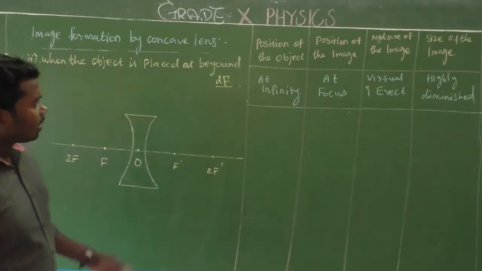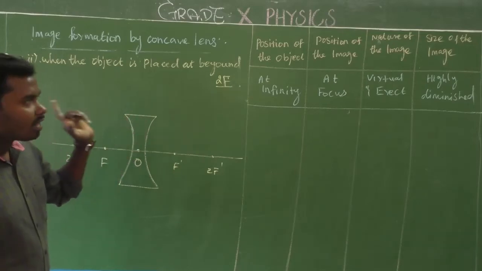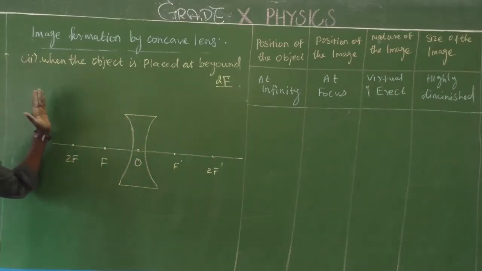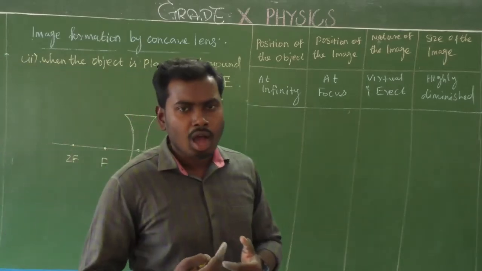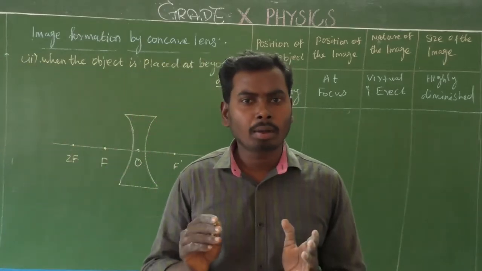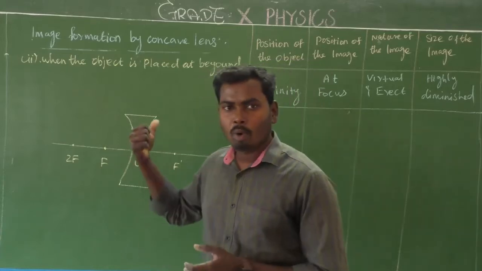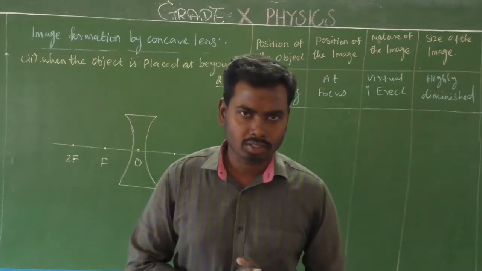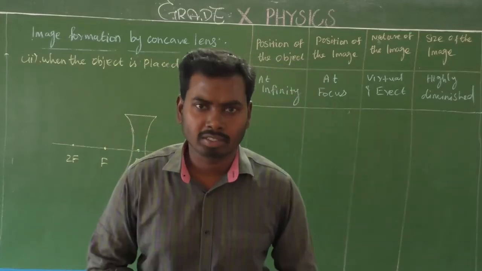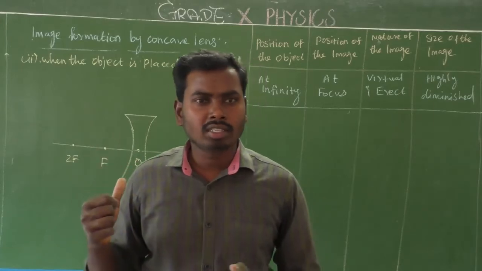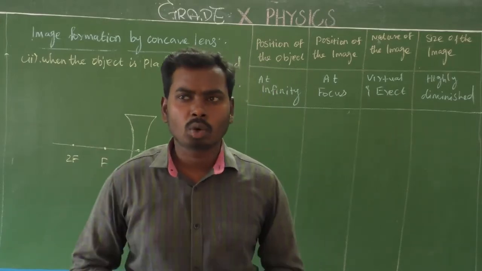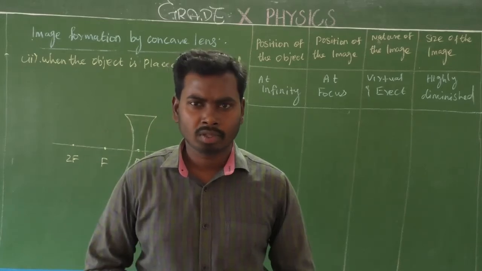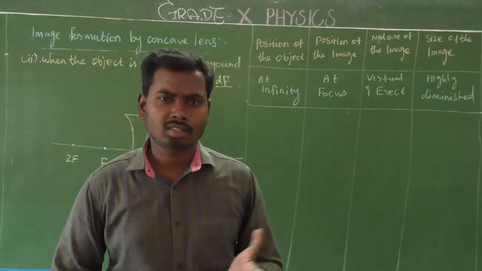Yes. Now I am going to place the object beyond the 2F dash. Where? Beyond the 2F dash. In order to start that, I need to give some important points about image formation by the concave lens. So what is that important point, sir? Actually, this concave lens is a special lens. You may ask me, why is it considered a special lens? Yes, that is a very big question.